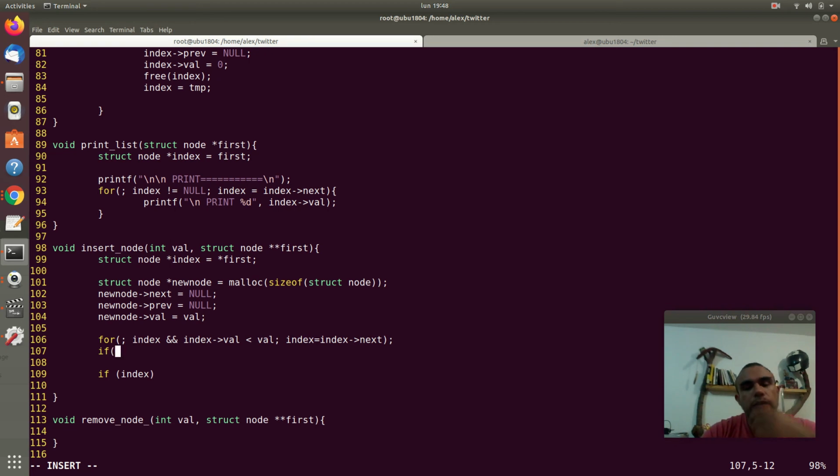I guess I can move, and this is a similar case to a single linked list, but I'm trying to figure out if there is an easier way with double linked lists to position the pointer. And I don't want to use a previous because I already have a pointer to the back. So I'm going to say if it's a 6, if index, if it is not null, because it's not,